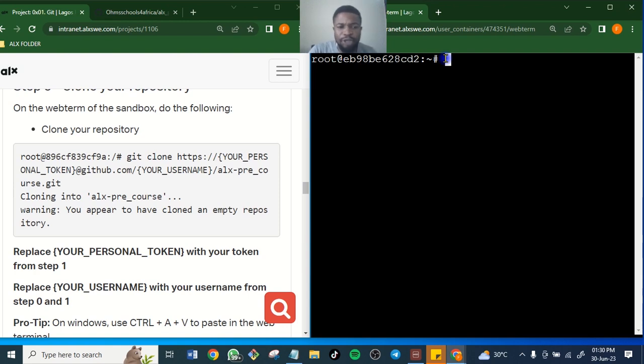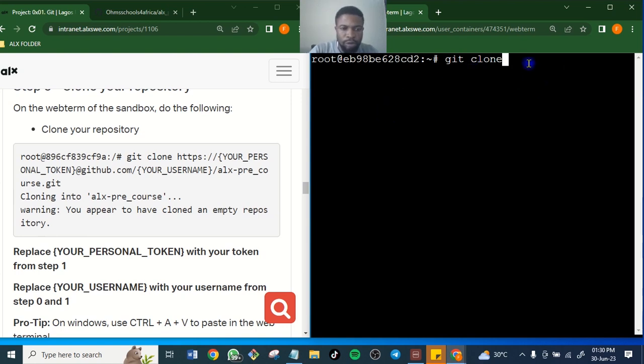So the first thing you are supposed to do is what? Enter git clone. I don't advise you to copy. This is it here. You can easily copy this and paste it here, but use your hand to write it.